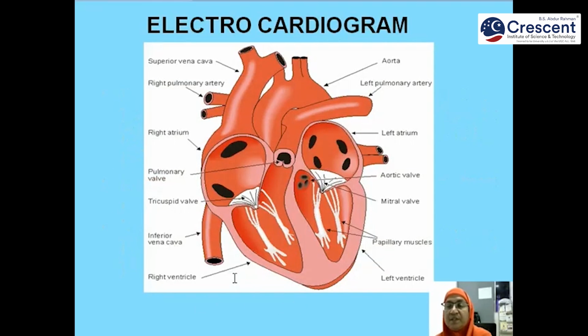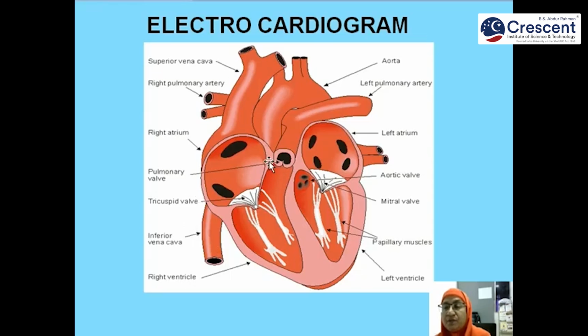So here you can see the picture of the heart. The heart has four chambers: the right atrium, right ventricle, left atrium and left ventricle. In between the right atrium and the right ventricle you have the tricuspid valve, and between the left atrium and left ventricle you have the mitral valve. From the right ventricle, the blood will flow to the lungs through the